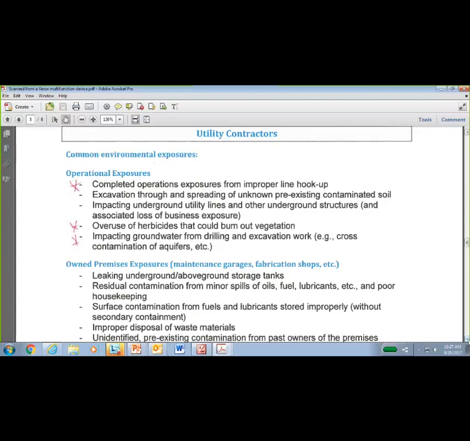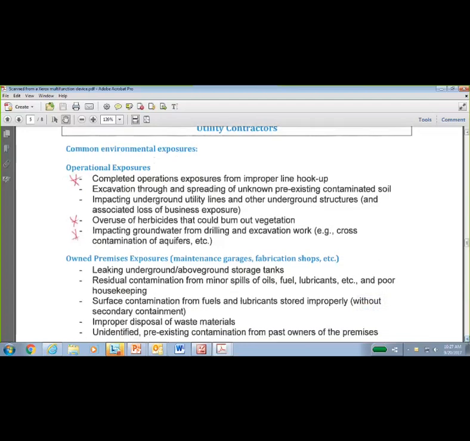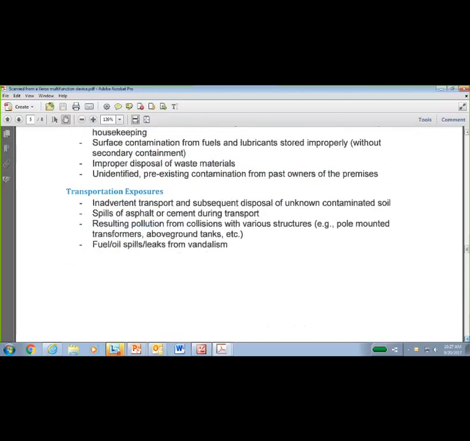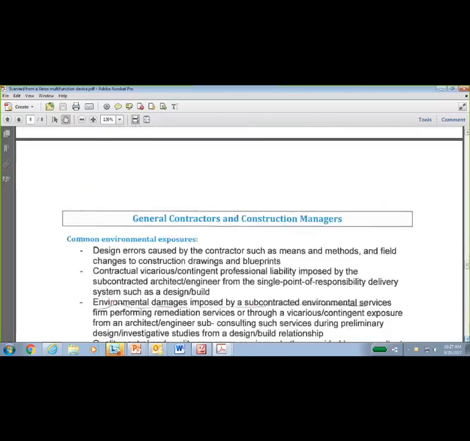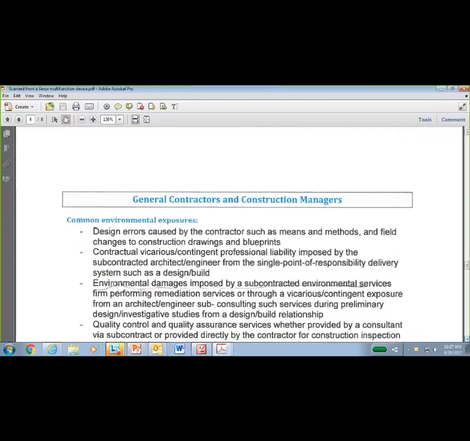They can overuse herbicides and pesticides. They can impact groundwater while they're doing their drilling and excavation work and cause cross-contamination of aquifers. So that's definitely something we see happening. Now, your general contractors and construction managers, if they are subbing out any type of remediation work to subs,